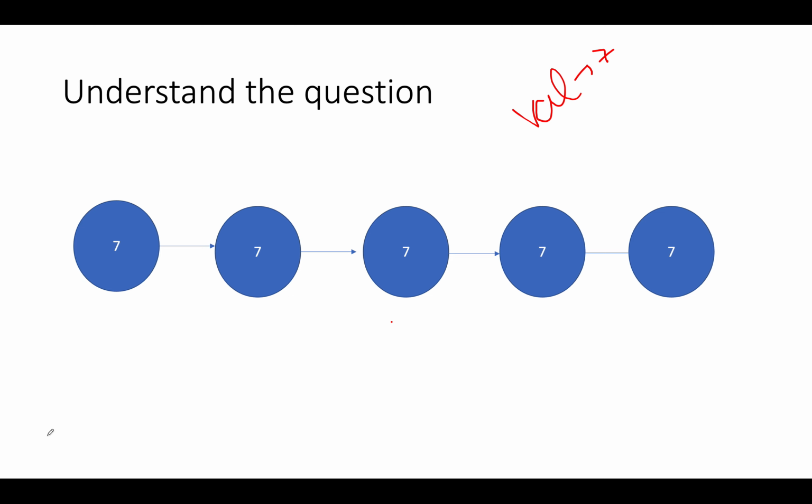The first and foremost step, we go ahead and create a dummy pointer and attach it to the head of the linked list. We'll take two pointers, one the previous one and the other one the iterator. So what is the value held at the iterator? Iterator holds 7 and the value that is to be deleted is also 7. It is a matching case. What do we do in such cases? We update previous.next pointer to iterator.next pointer.